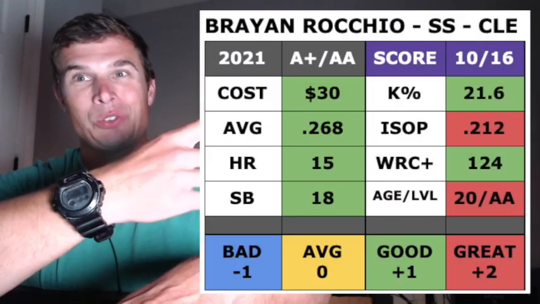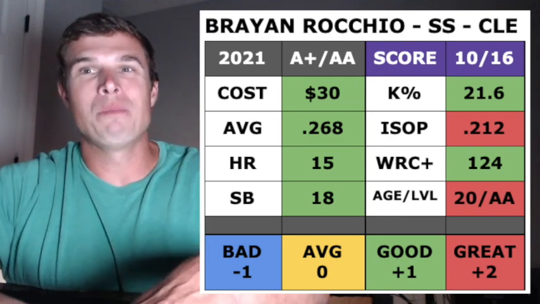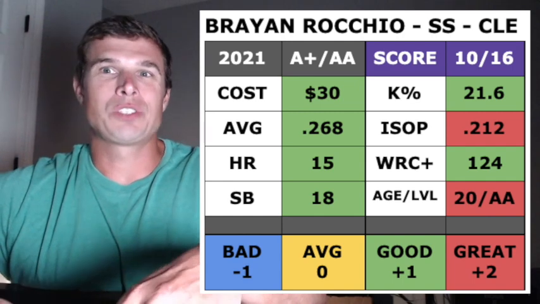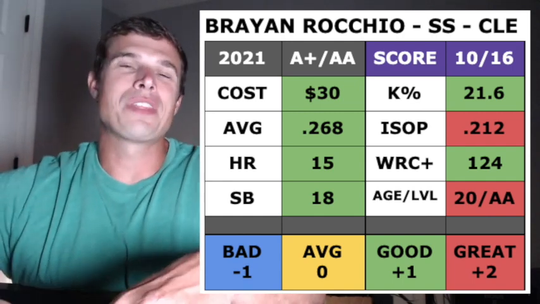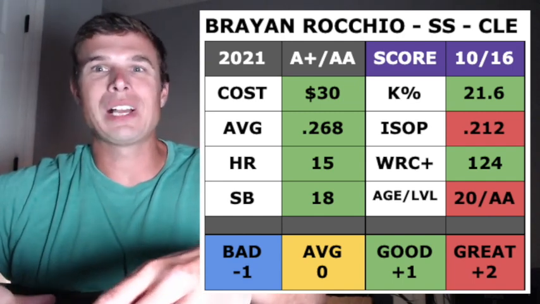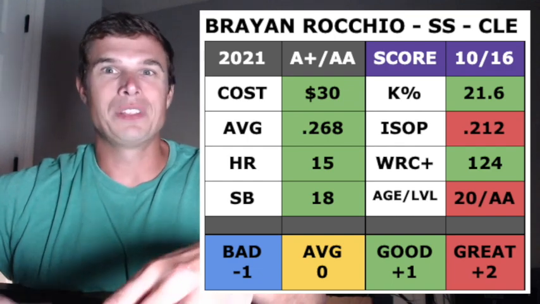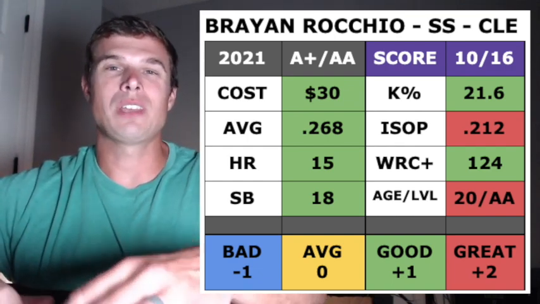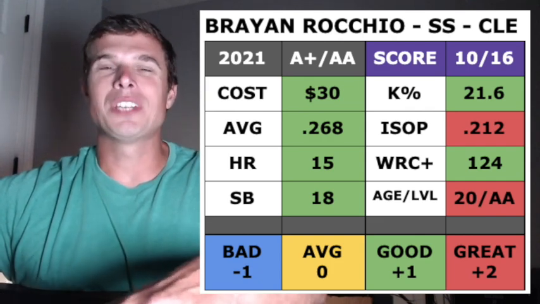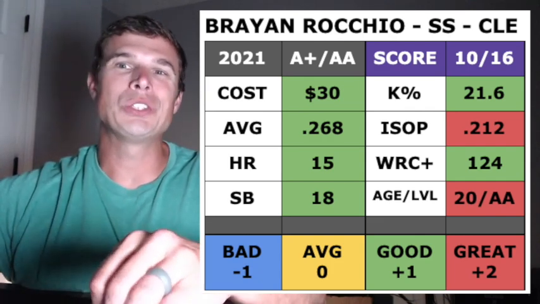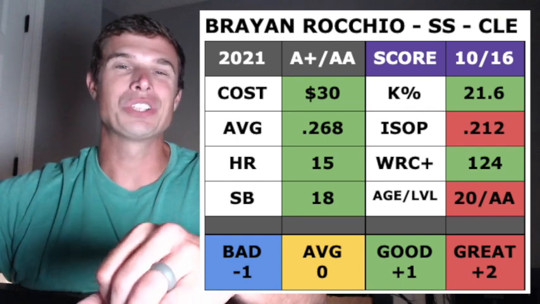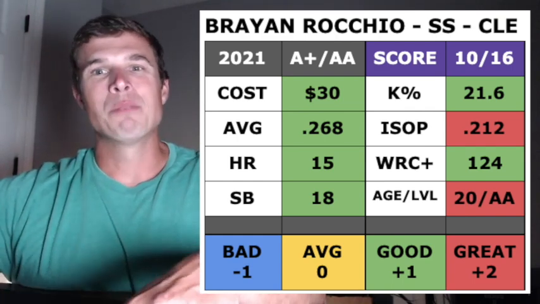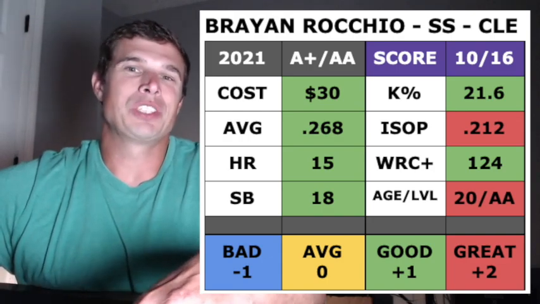If you look at Rocchio's chart, you can see that he has no bad or average grades. The closest grade to average would be cost, which you could argue. 3 years ago, I think a $30 auto would have been classified as average, but in this current market, I consider it good. Where Rocchio really stands out is his age per level. At the age of 20 in AA, he's holding a .212 ISO-P, which is outstanding. I probably would have given Rocchio the number 1 spot, but he missed it by 2 wRC+ points to